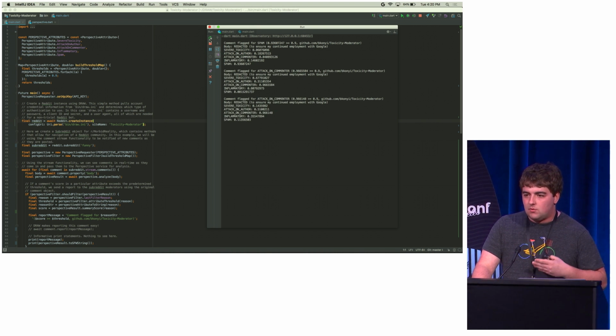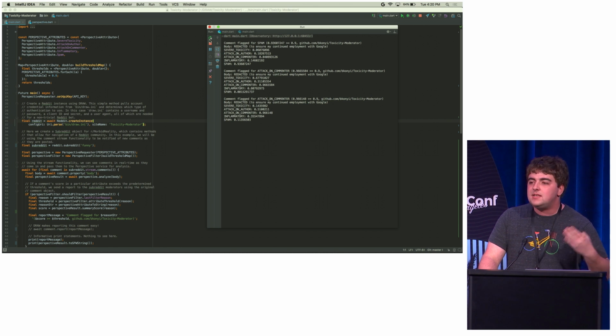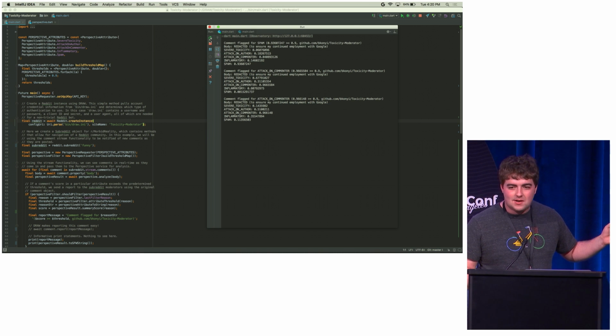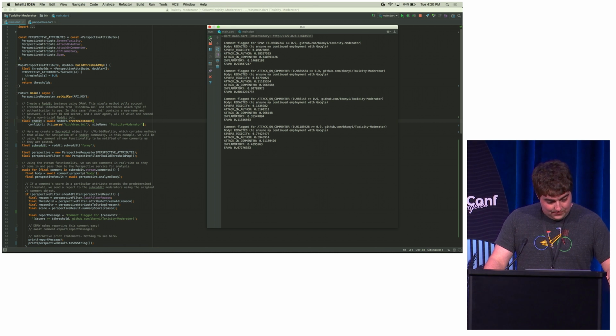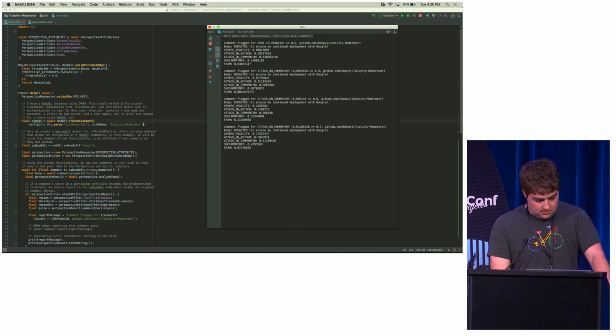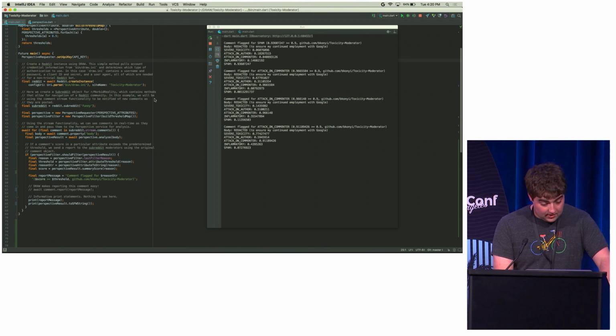These are all comments that exceeded a threshold for these criteria. And I've redacted the actual comments out of fear that some of them might be a little bit not safe for work, and I do value my job. This is all built using DRAW, my API, and just hitting up the Perspective API endpoint. And this will continue to go indefinitely until, of course, I stop it.